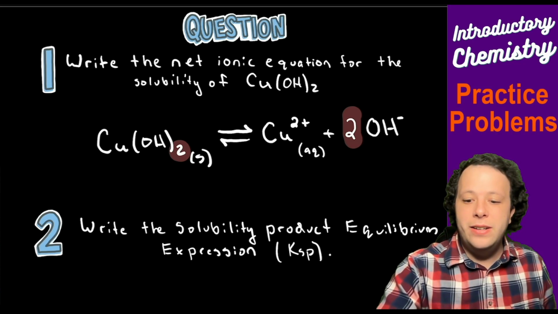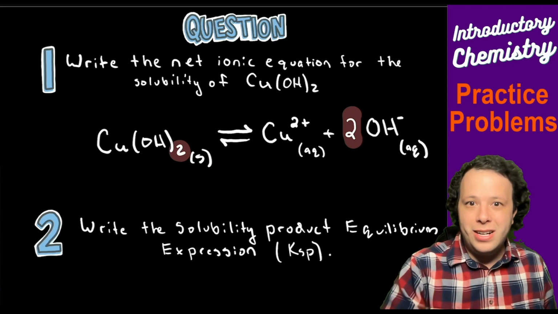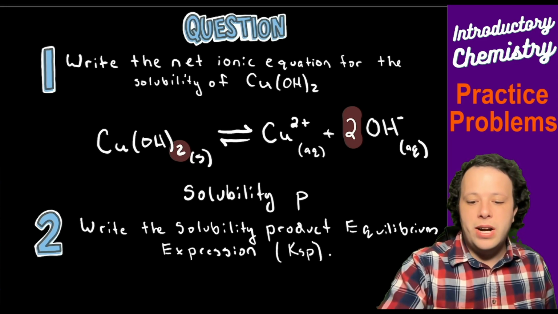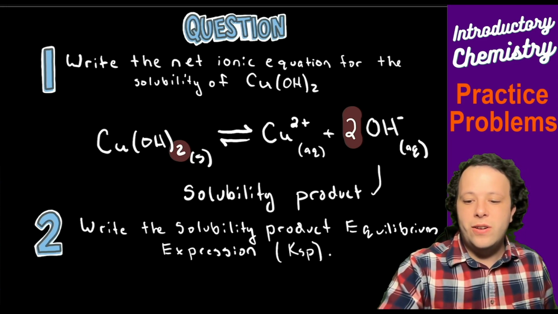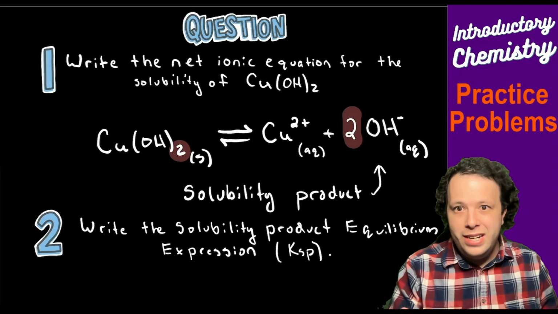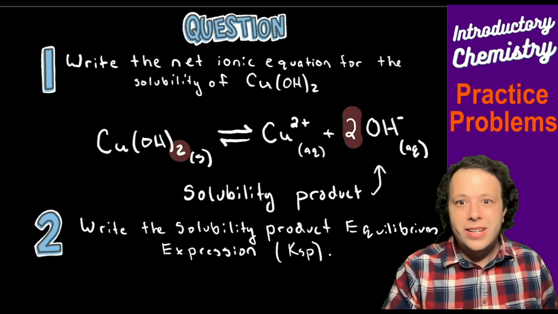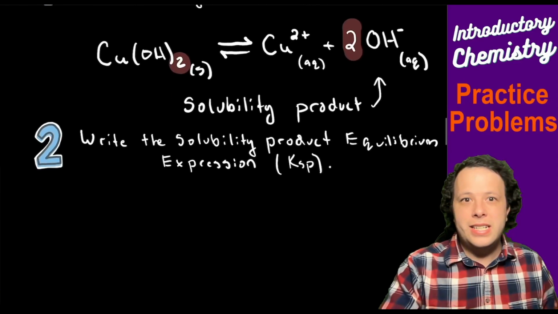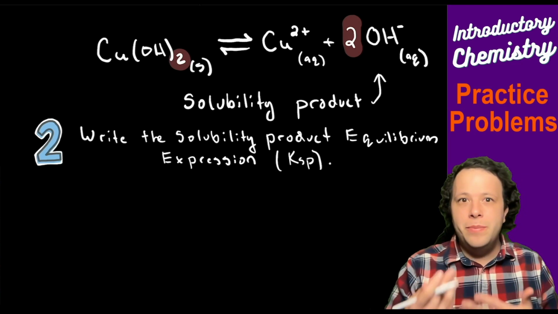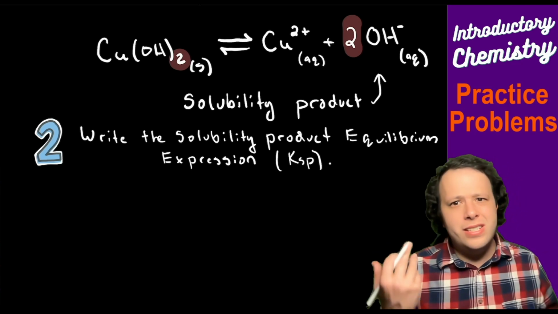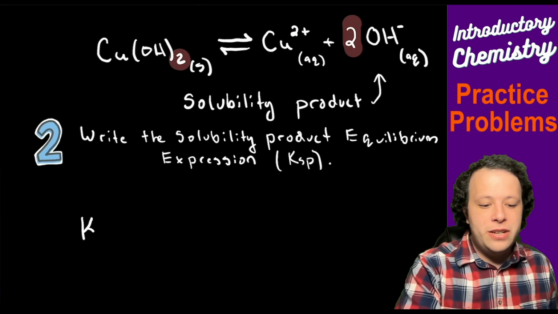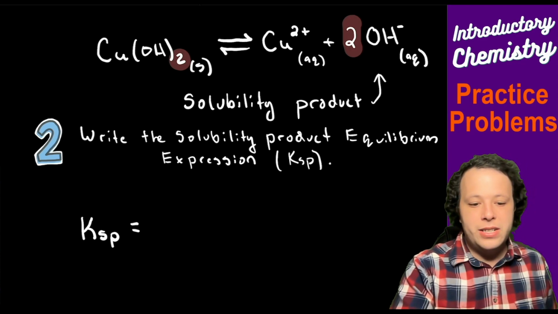So being that it's breaking down in water, these are all considered to be aqueous as we write what is referred to as the solubility product. So that is what these are on the right-hand side. These are all solubility products as these are dissociating and being ionized by water in solution. So the next part is asking, all right, write the solubility product equilibrium expression, which is a little bit of a mouthful, but what that's asking for you is a different form of K, which is still products over reactants, but it's KSP. So when we are writing our expression for KSP, we still do products over reactants.